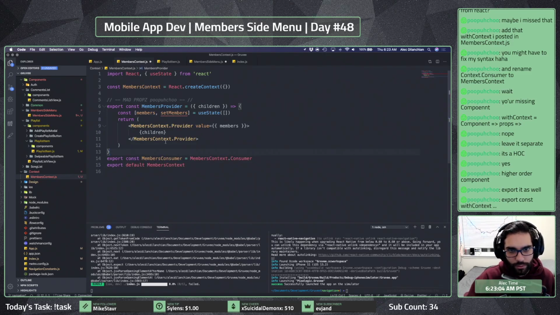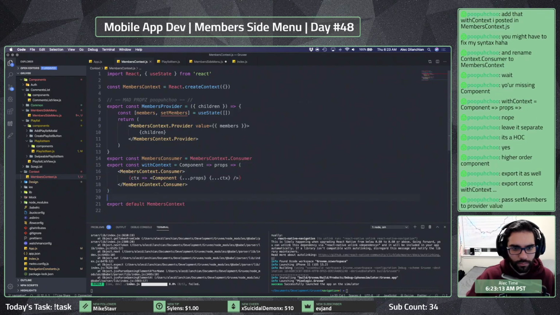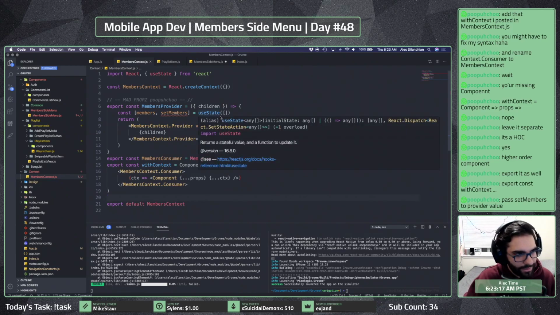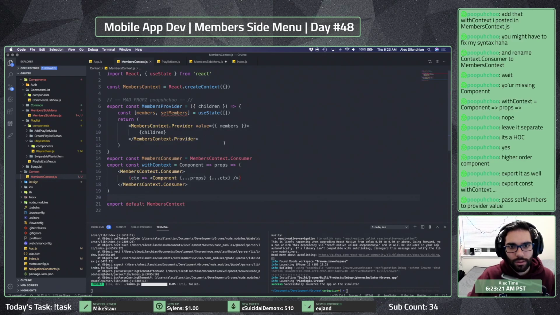Let's do this. So members provider, members consumer, and then with context. And then pass set members to provider value. Pass set members to provider value.